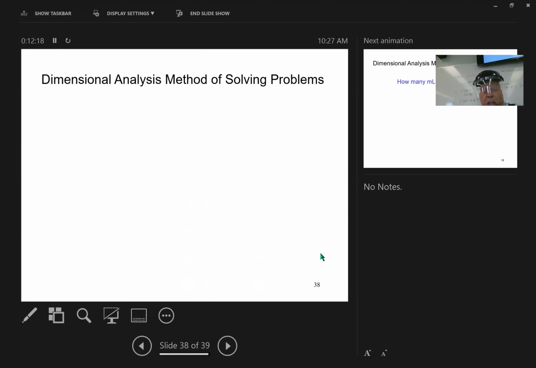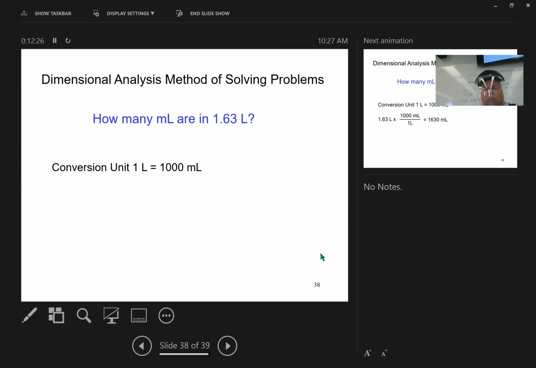And the given units cancel the design things. And so here, how many milliliters are in 1.63 liters? Conversion: 1 liter is 1,000 milliliters. What cancels? Liters, very good. And again, I recommend for those of you learning how to do it,